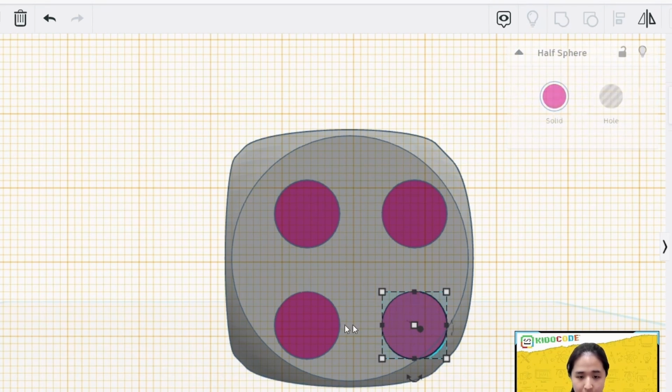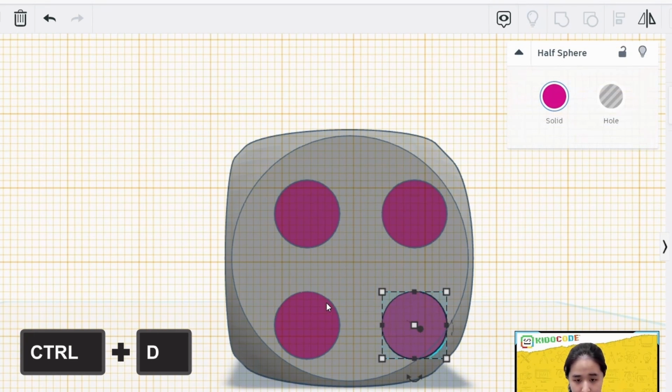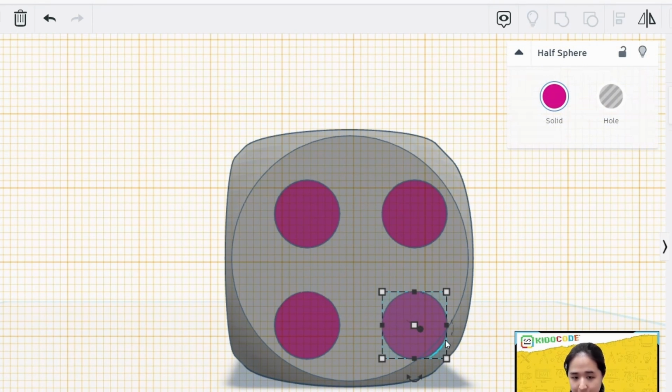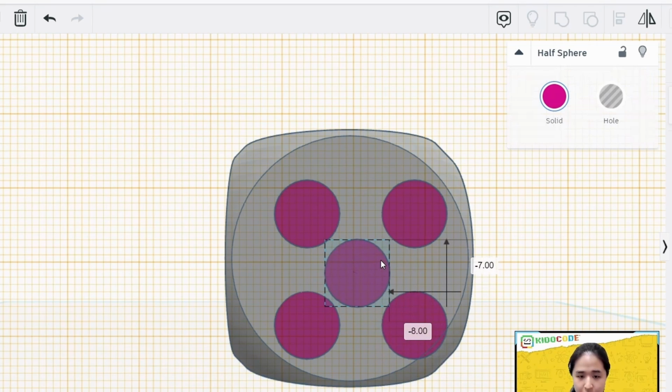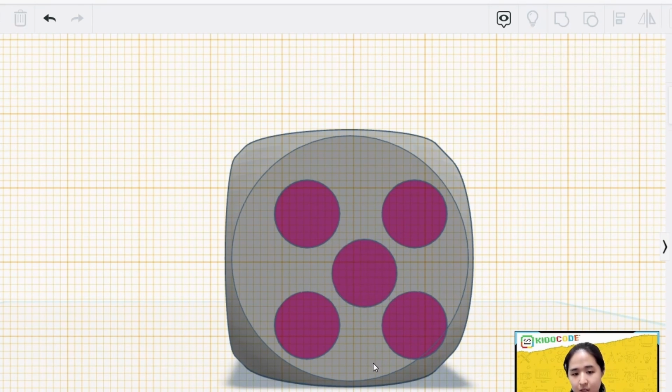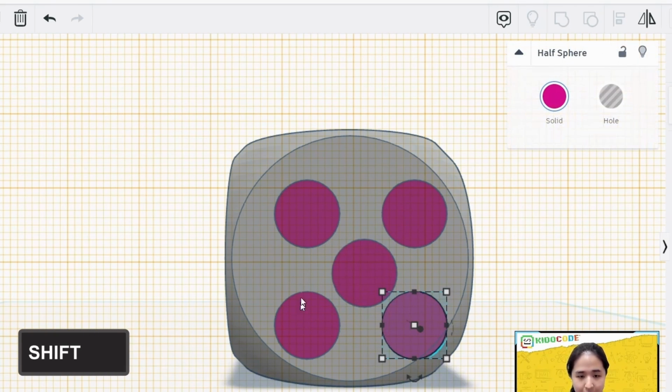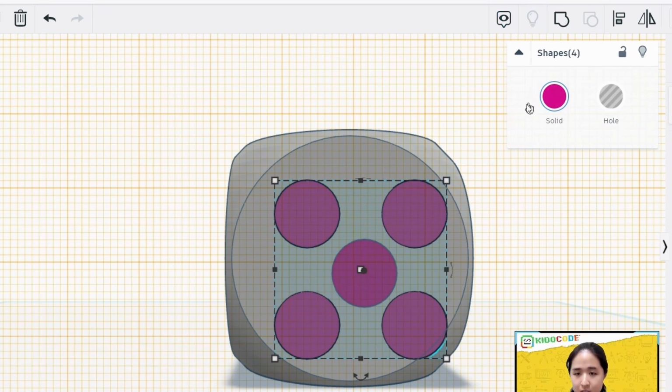Okay, now duplicate this one, or any of it. Okay, move it to the center temporarily. Okay, right now select these four that are the outer ones. So click on it, hold shift, click on the other three, group it,